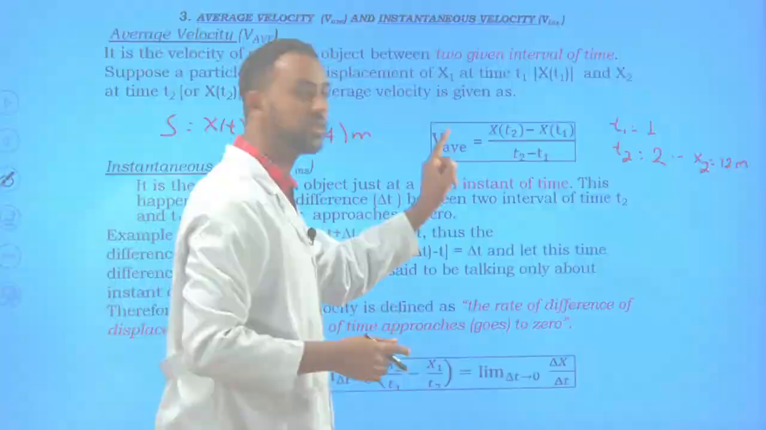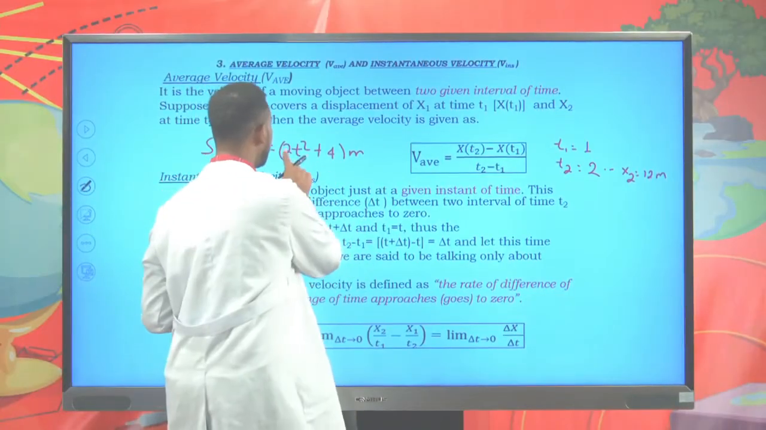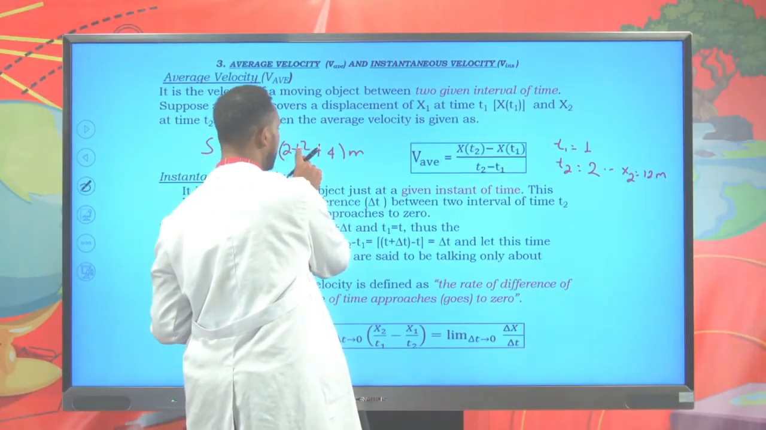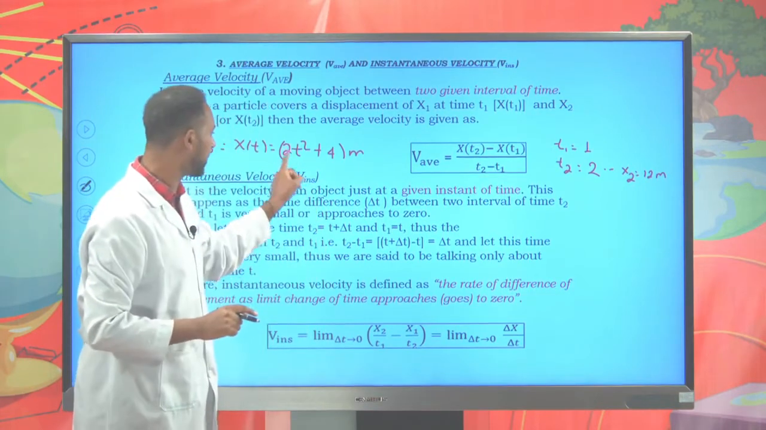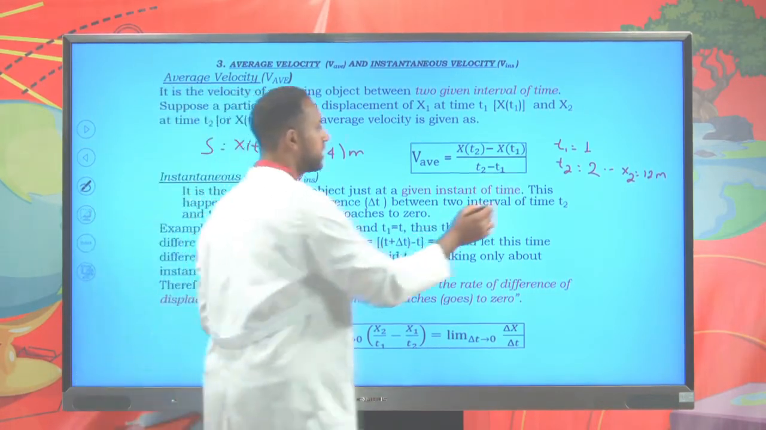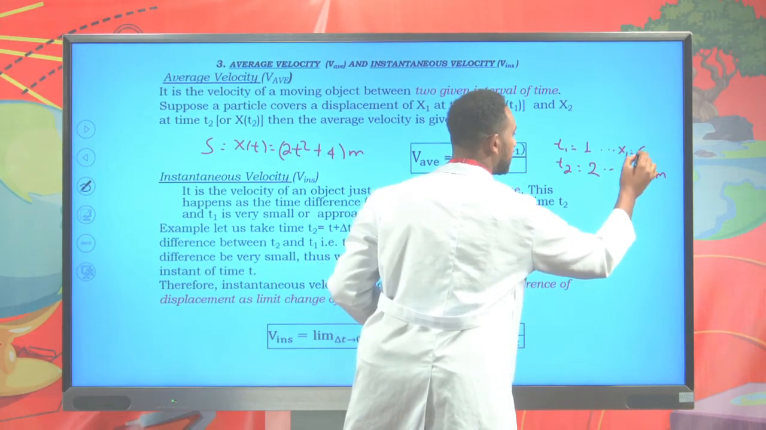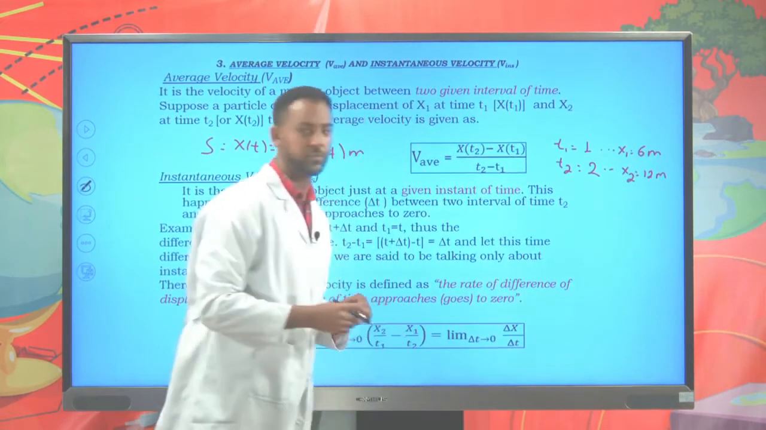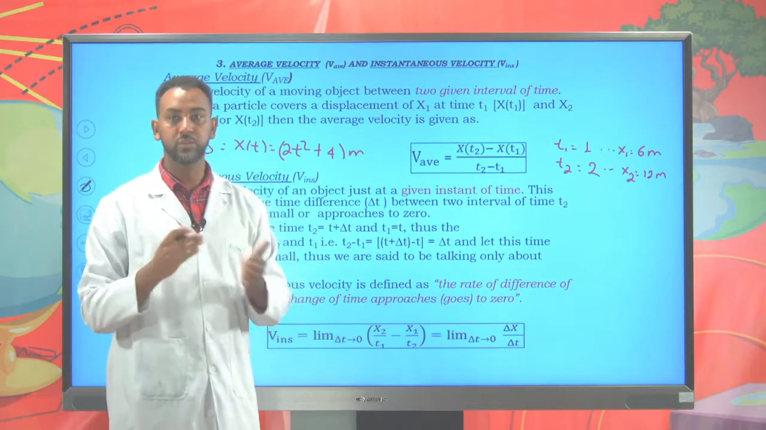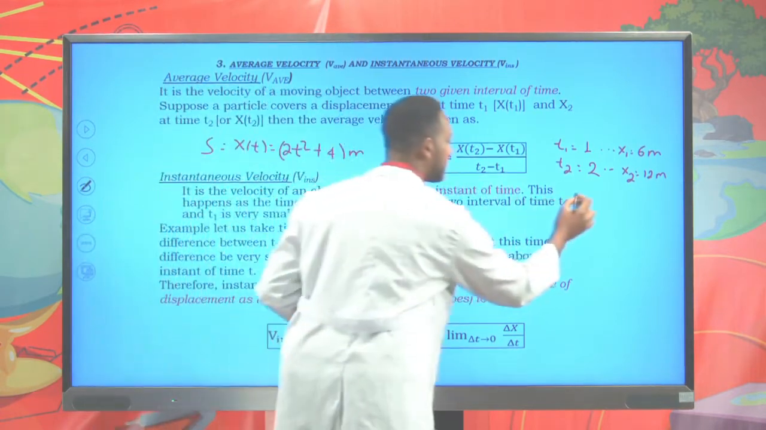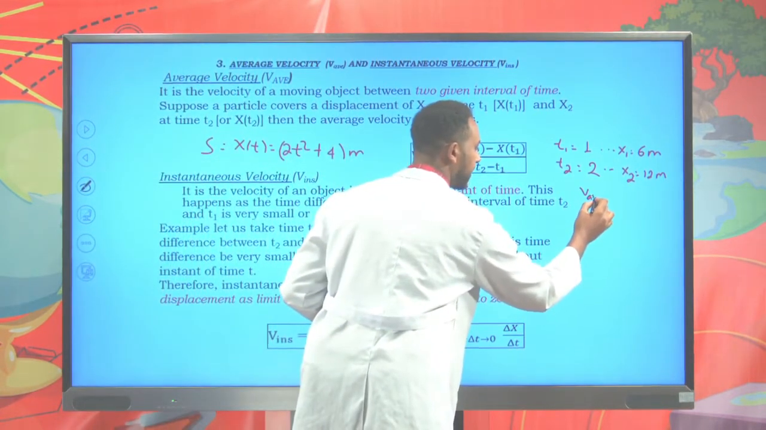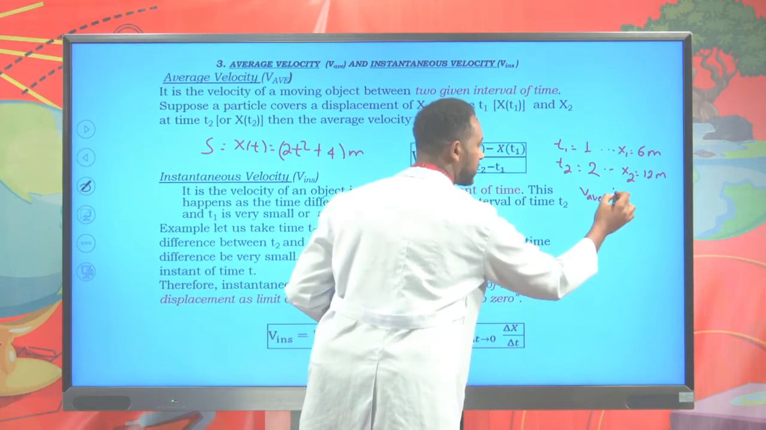How about at time t1 of 1 second? When you put 1 here, 1 squared gives you 1, 1 times 2 plus 4 gives us 6. Therefore, the corresponding displacement is 6 meters. Therefore, the average velocity between the two time intervals is x2, the displacement at time t2,